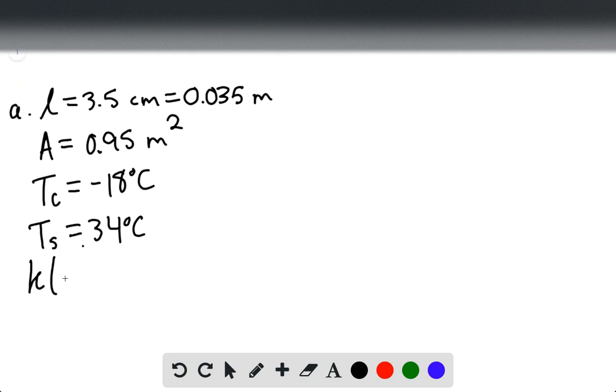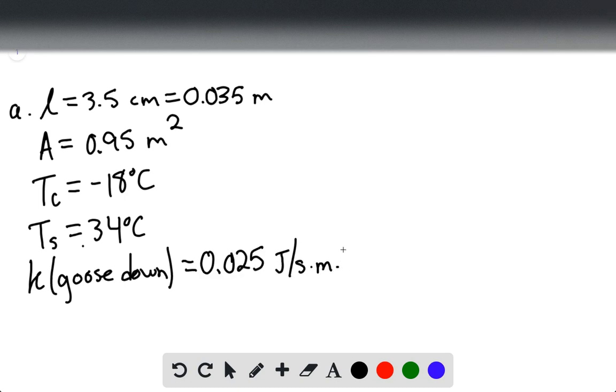And the thermal conductivity of goose-down is equal to 0.025 joules per second per meter per degree Celsius. And this number makes sense in the sense that the lower the thermal conductivity, the less efficient a material's ability to disperse heat throughout its own dimensions. So essentially, if you have a very low thermal conductivity,